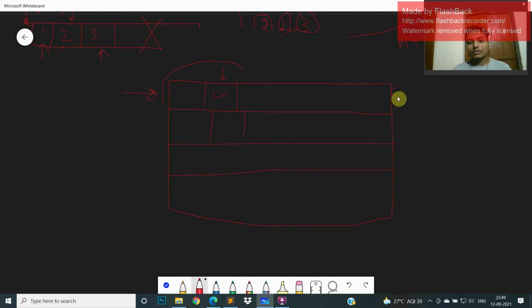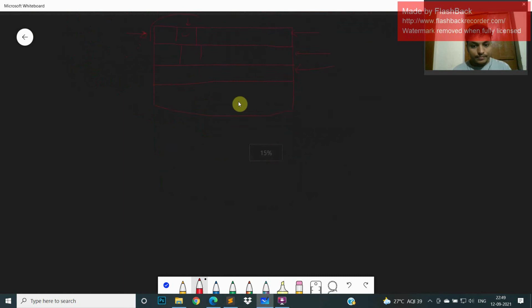Like I will see how much inconvenience is created in this row, and how much in this row and this row. So I will say that if I have 1, 2, 3, 5, 7, 4, 6, and then 1, 2, 3, 4, 8 and 9, it will create a 3 into 3 matrix.